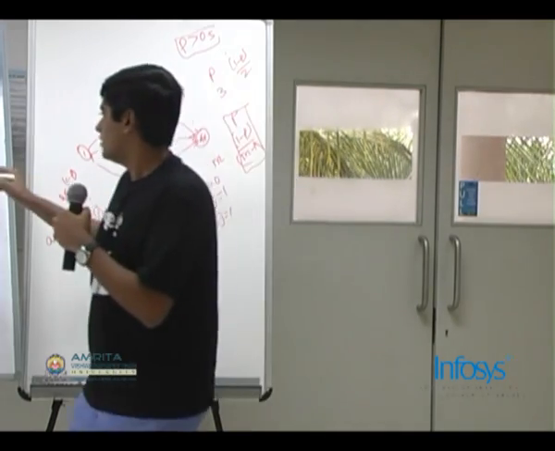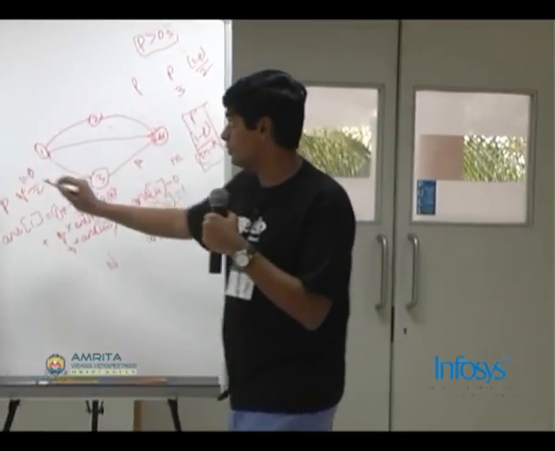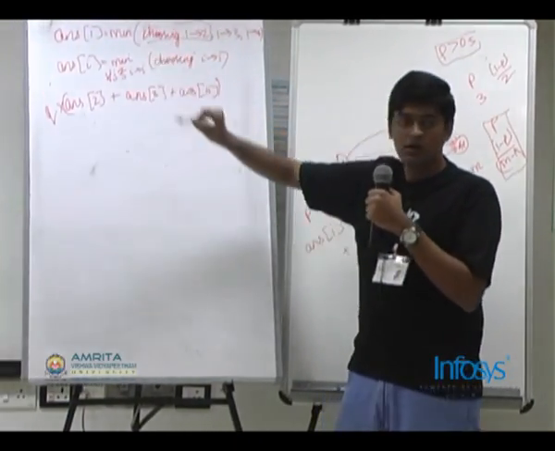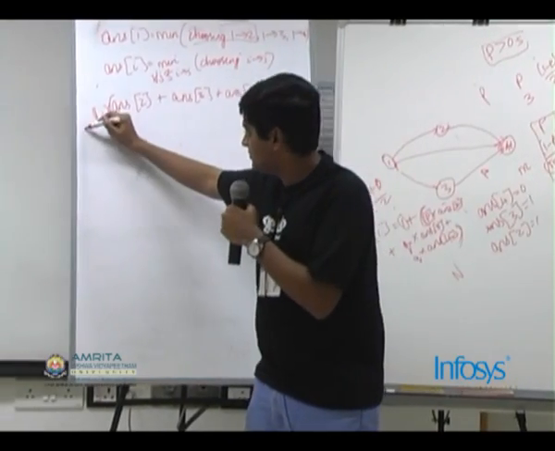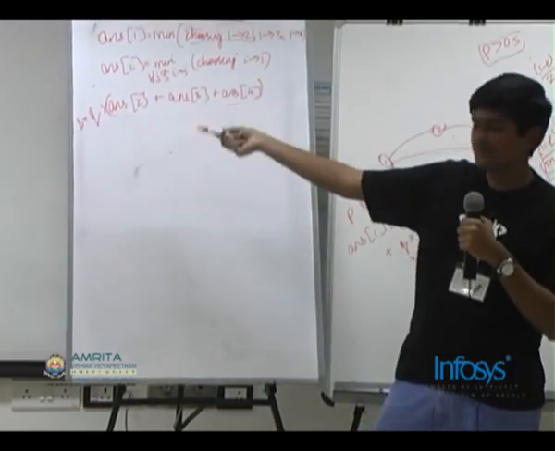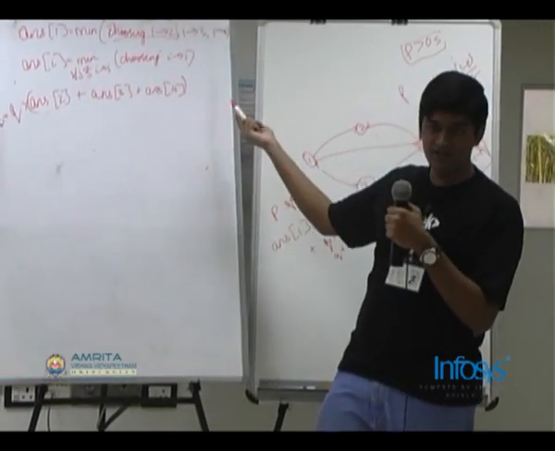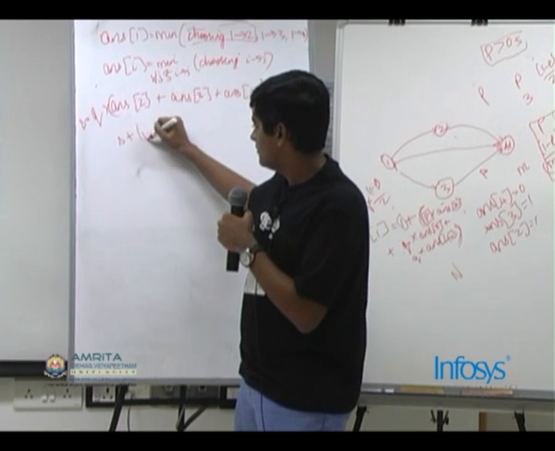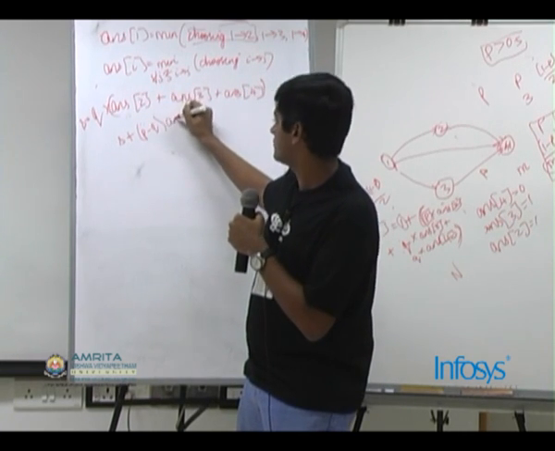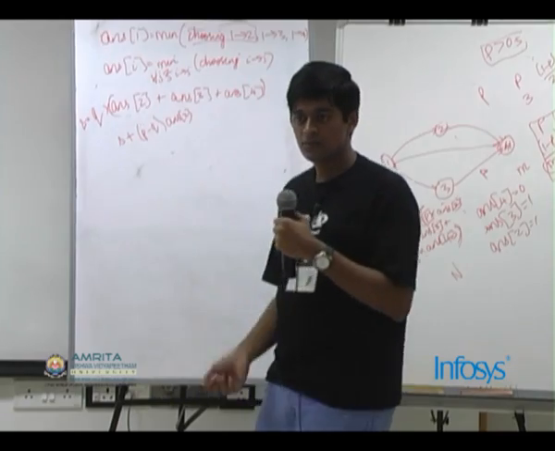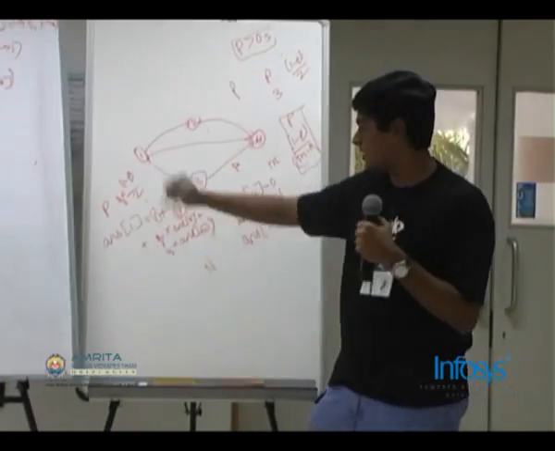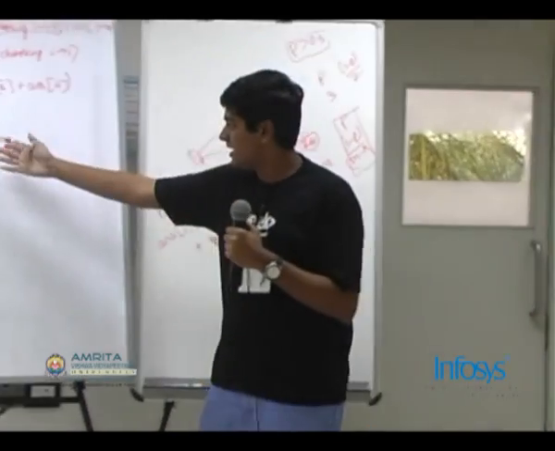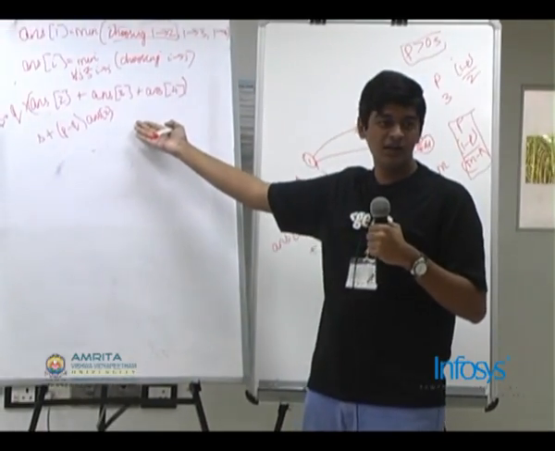So, suppose now I want to compute this choosing of 1, 2 part. All I'll have to do is assume this value is S, which is equal to Q into this plus this plus this. I'll only need S plus P minus Q into answer of 2. Correct? If I do S plus P minus Q into answer of 2, I'll get this equation. For 3, it will be S plus P minus Q into answer of 3 and so on.